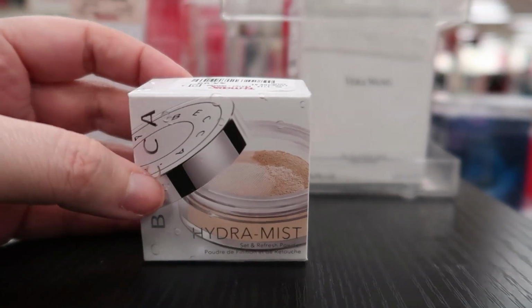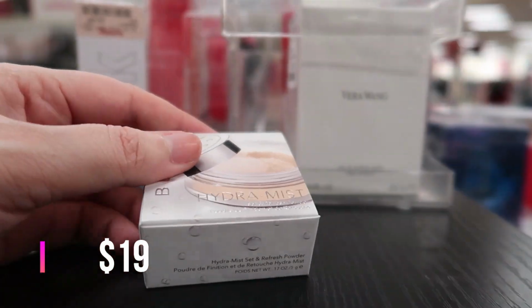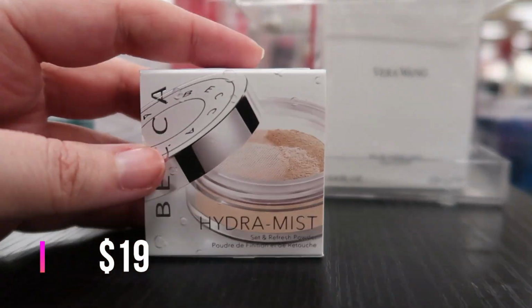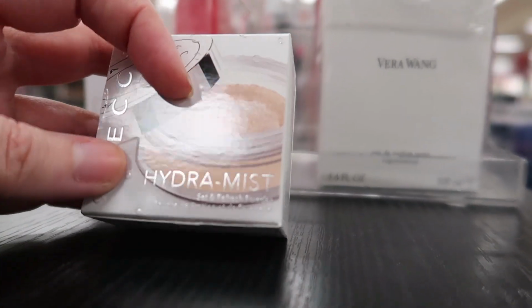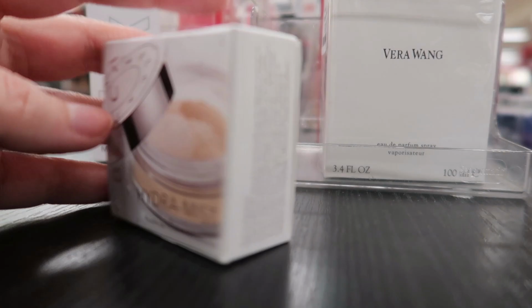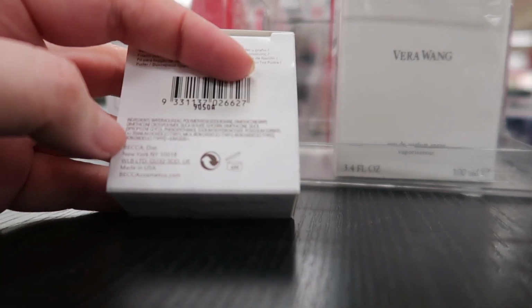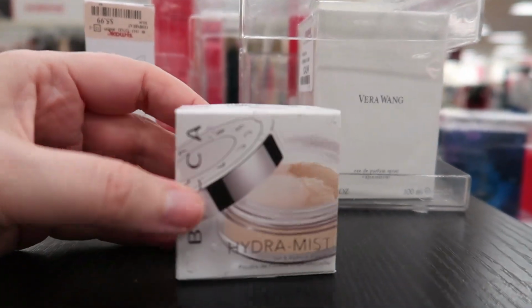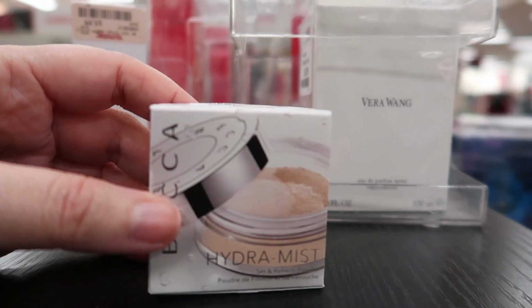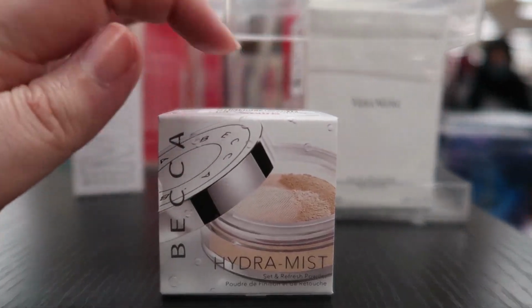And here's a little Becca Hydra Mist. It's going for $5.99, and I'm replacing my Hydra Mist that I got about a year ago. It doesn't do the Hydra thing anymore, the water trick that it does. And I really like this because it has no talc. There's no talc in it. And I've been decluttering my talc powders. They're just making my skin feel sensitive lately. So I'm going to pick up this mini, $5.99. And yeah, I really like this